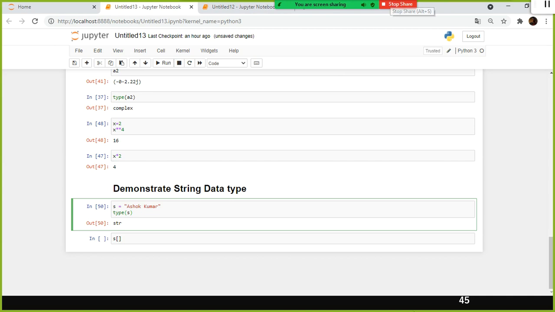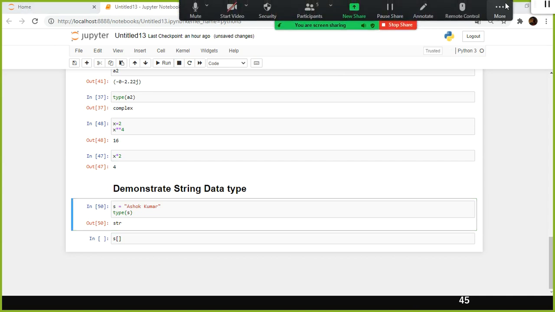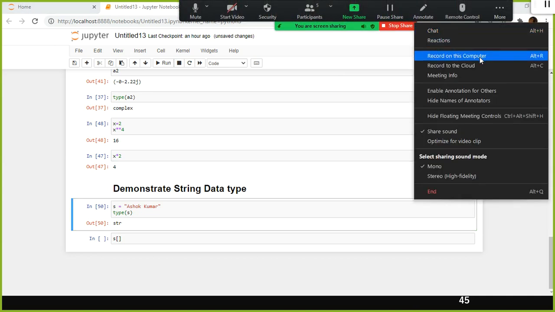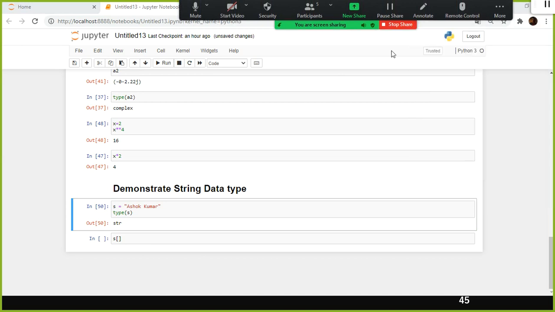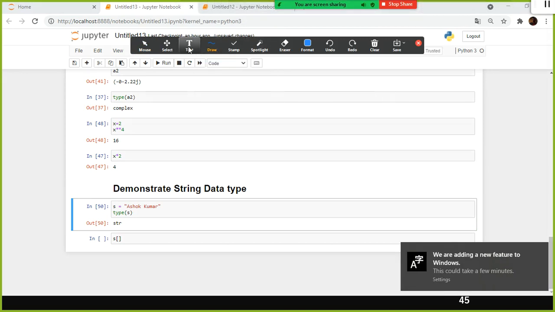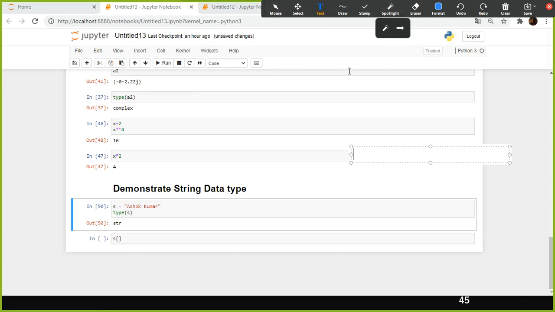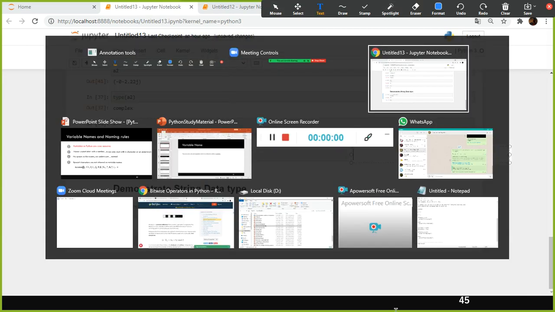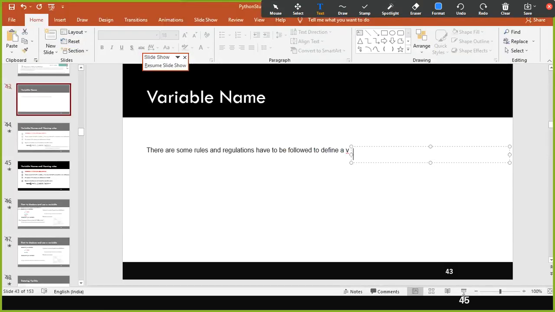I'll just show you with some annotation. Okay, this is not much helpful. I'll just close it. Let me use my PowerPoint and I'll show you.